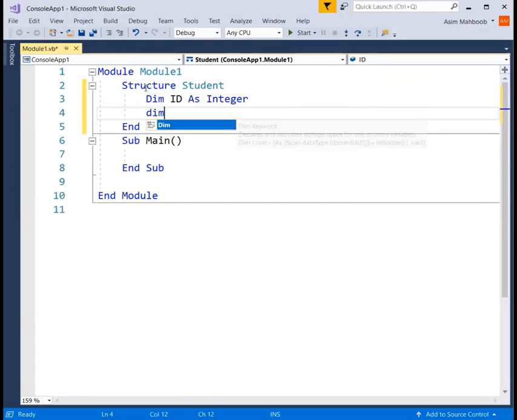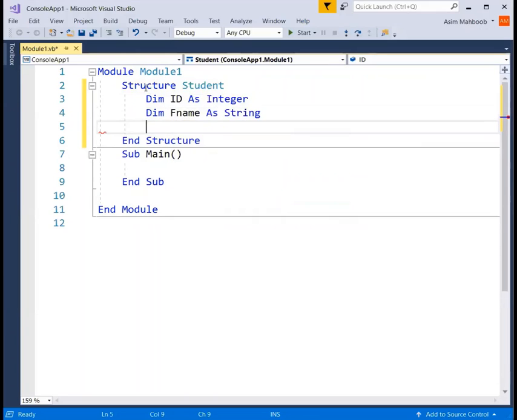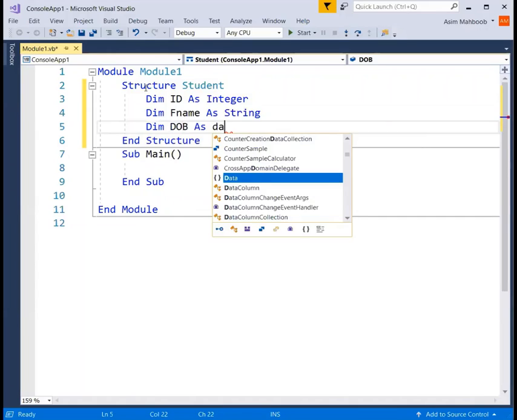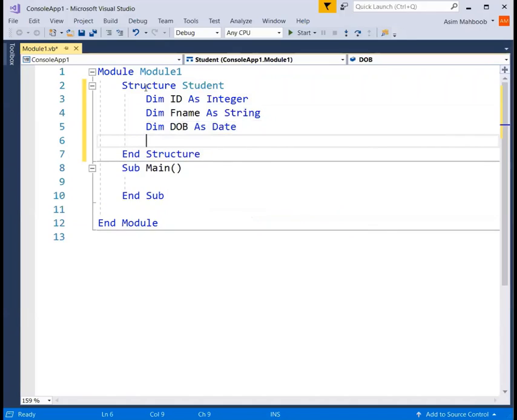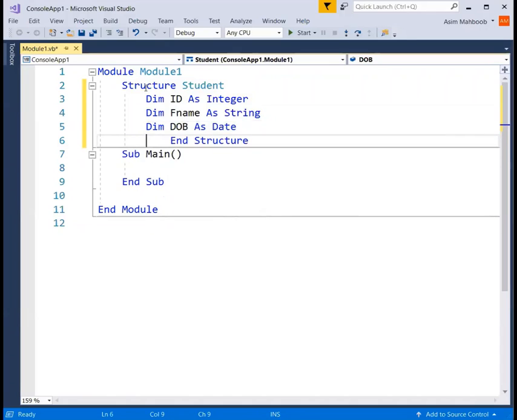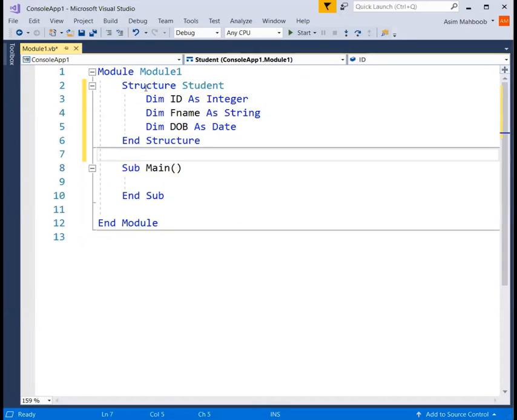dim fname as string, dim date of birth as date. And for the enumerated data type, I have to create that outside the structure. So I'll say outside here, enum